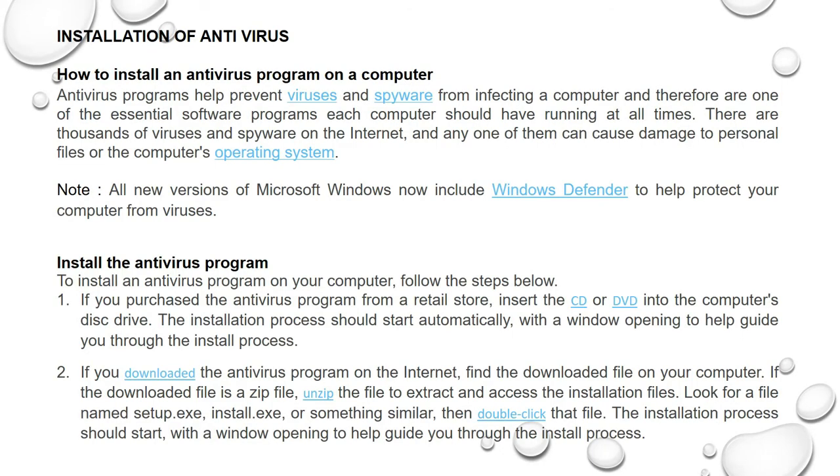Now, what is the procedure to install an antivirus software on your system? As we have the idea, if your system is infected with a virus, to clean that virus, to delete that virus from your system, you have to install one antivirus software on your computer. So let's see how the antivirus software should be installed on your computer.